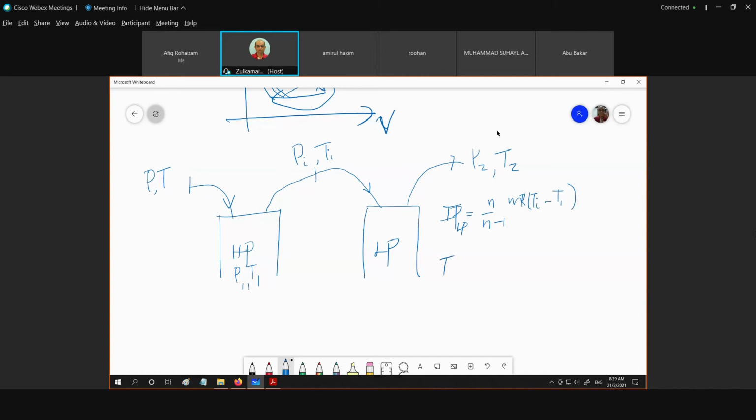Kalau untuk IP, untuk high pressure compressor, this is equal to N/N minus 1 MR, this is T2 minus TI. Okay, this is the work for low pressure. This is indicated work for the power for the